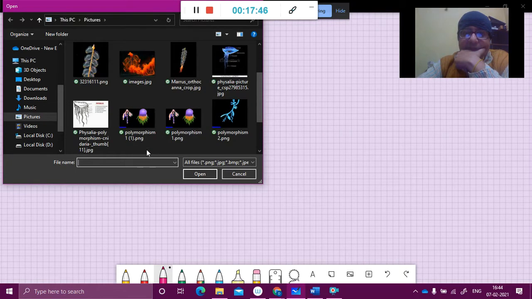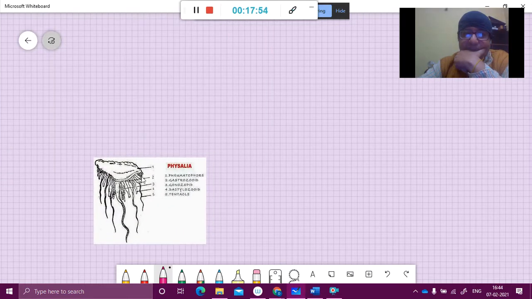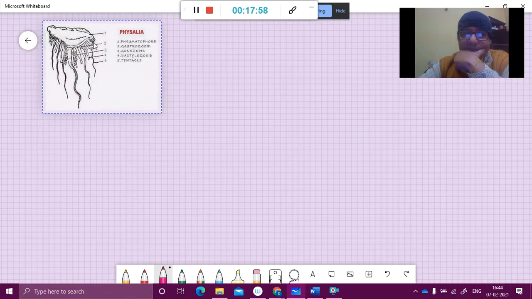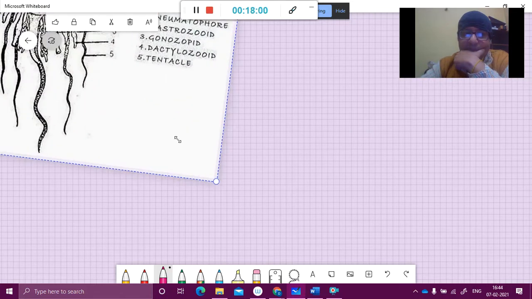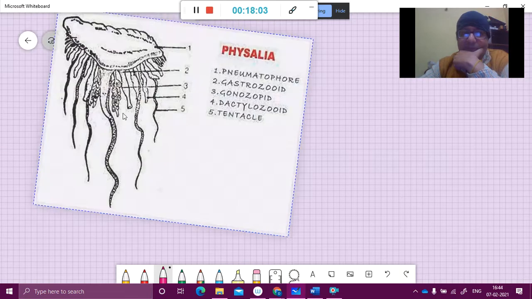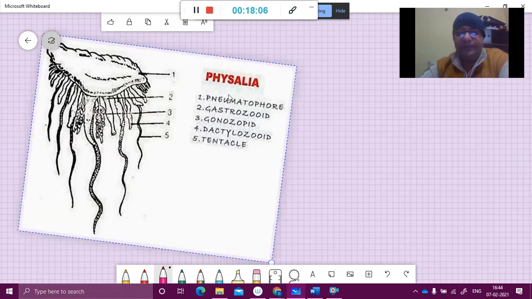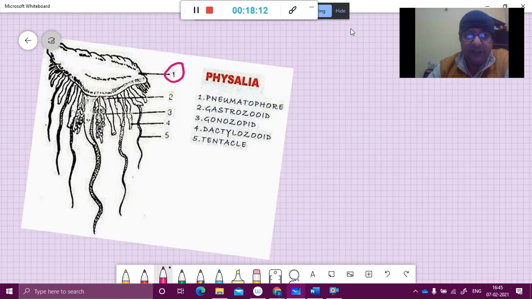Let's see the picture of the Physalia once more. So you can see these structures once more. Number 1, it's the pneumatophore. Number 2, this is the number 2 here. This is the gastrozoid. Number 3 here, basically